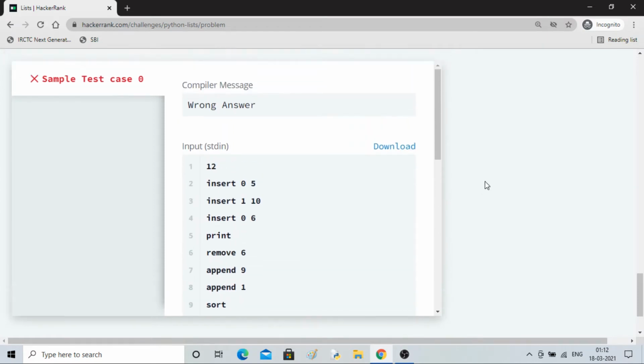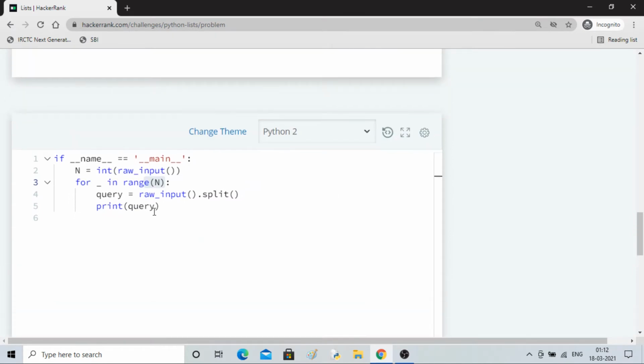So first we can implement the logic by just if else cases. So if query is equal to print, then we just have to print the list. Oh, we have not taken the list, so let's take the list.